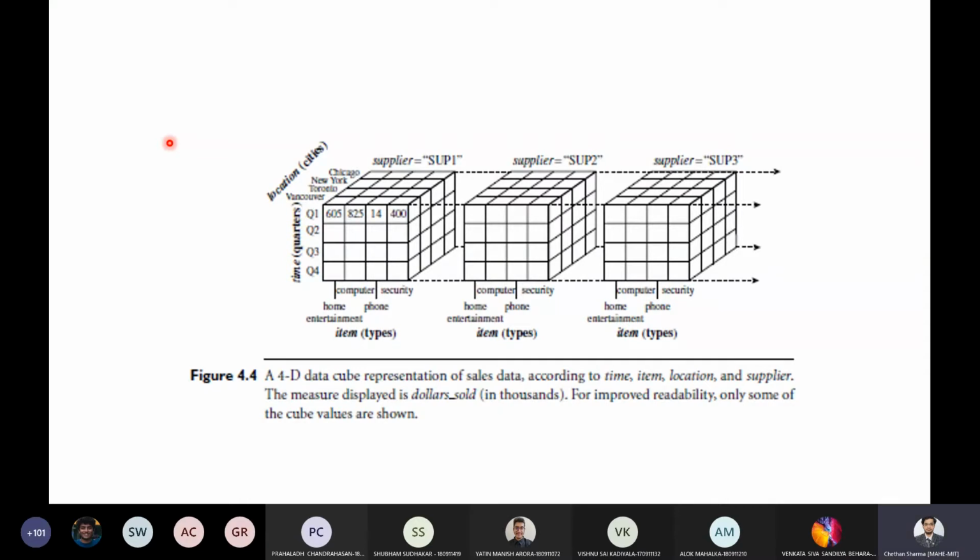So here 4D is displayed as a series of 3D data. One thing you have to remember is that you may display any n-dimensional data as a series of n-1 dimensional cubes.